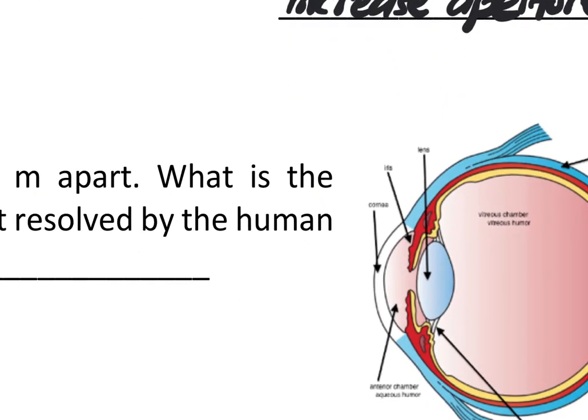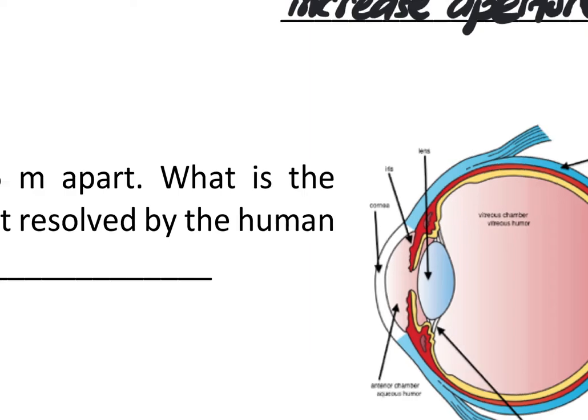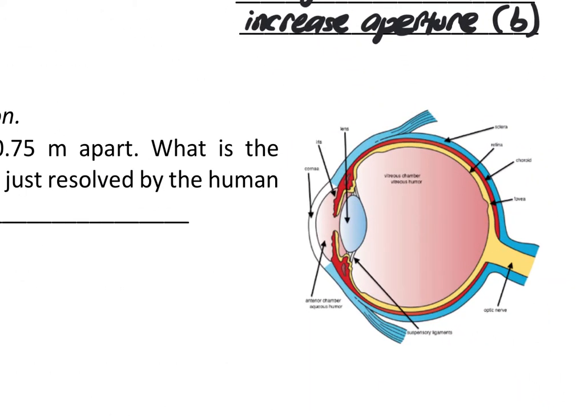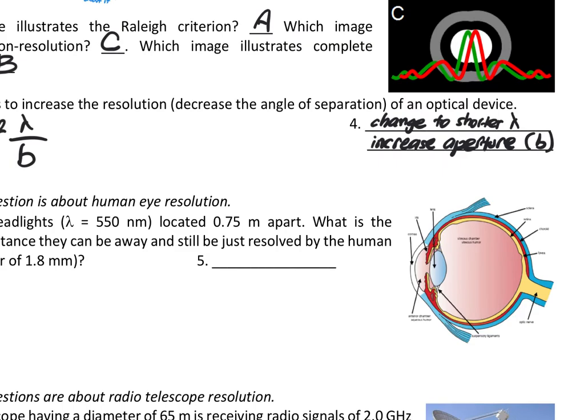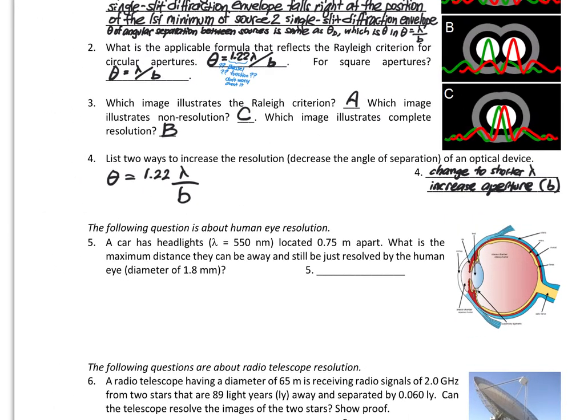I'm assuming it's the pupil or the iris, or I can never remember, whatever, the opening of the eye. And also remembering that the angle of resolution is also the same as the angular displacement between the two sources. So just to be clear about that,